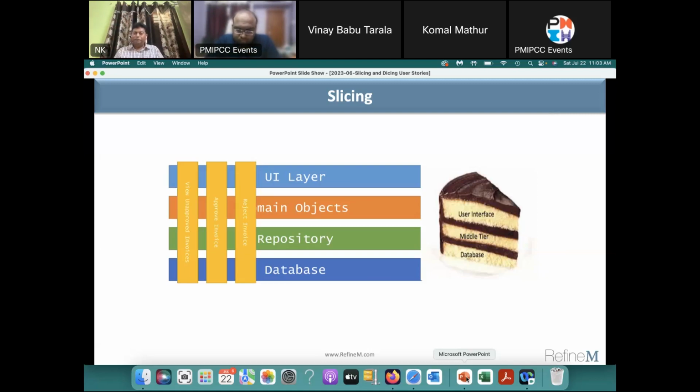Until you finish all the layers, there is no value. So if you divide this story into 3 stories, I have those 3 verticals here. For an invoice: view unprocessed invoice, approve invoice, reject invoice. The reject invoice should be the one story that goes across different layers in which the development has to take place. Once you finish all the layers of reject invoice, that's what the story should be. So when you divide, you need to keep in mind that your approach should be slicing,